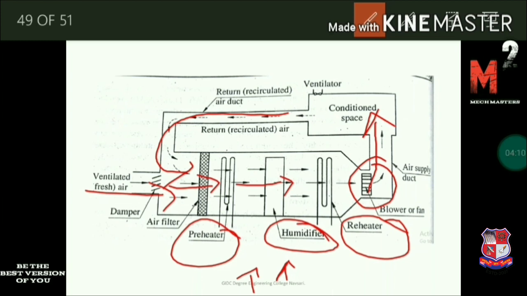When it enters the conditioned space, it rejects heat to the room. Then this cold air is again transferred to